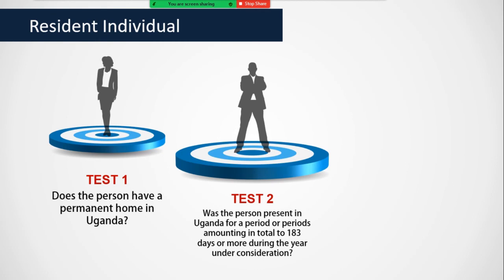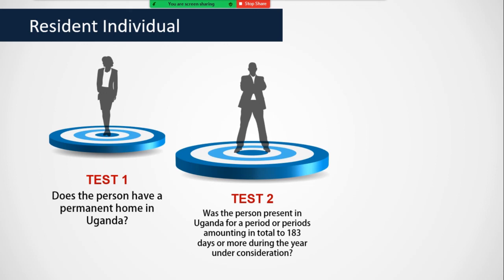They don't have a permanent home in Uganda, but they have been present for a period or periods. Periods, I mean, you come and go. You are here in January to March, you go, you come back in October, November,